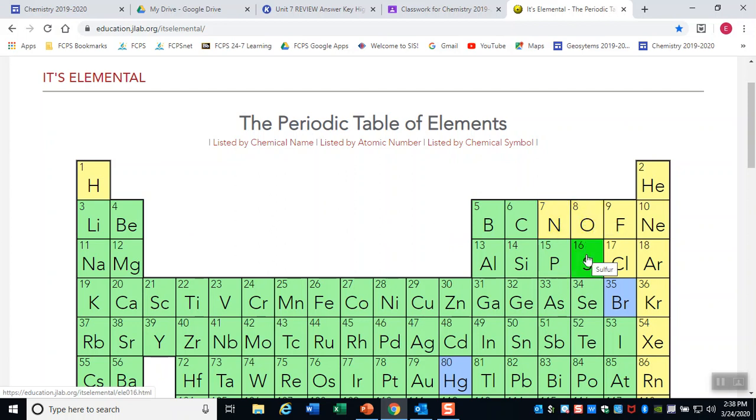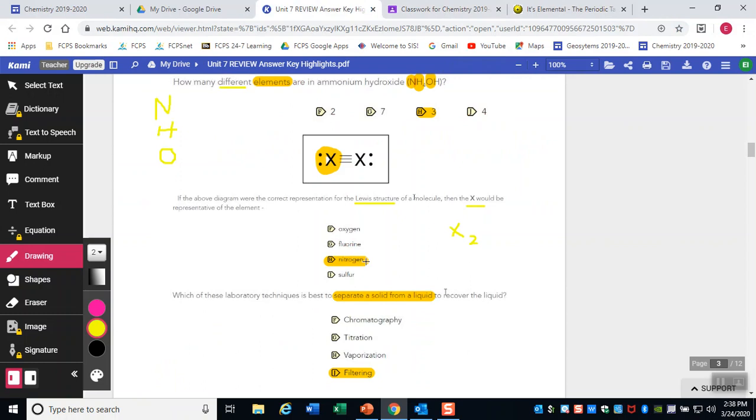Sulfur has 6. And I think, what was it? Fluorine has 7. So the only one that has 5 would be nitrogen. And remember, because these are triple bonds, so they're sharing. These 3 go with this element, and these 3 over here are with this element. Okay, so that would be N2,